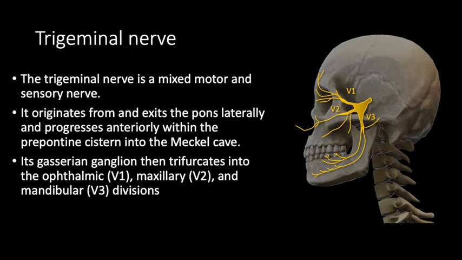So let's talk about some specific nerves that we look at and the pathologies that are associated. As I mentioned, we most commonly image the trigeminal nerve for facial pain syndromes because it's the most commonly involved, as well as, luckily for us, the easiest to image because of its large size. So the trigeminal nerve is both sensory and motor. It comes from the pons and exits through Meckel's cave, where it trifurcates into the 3 divisions, the ophthalmic, maxillary,